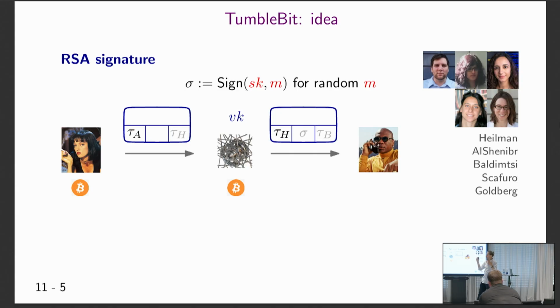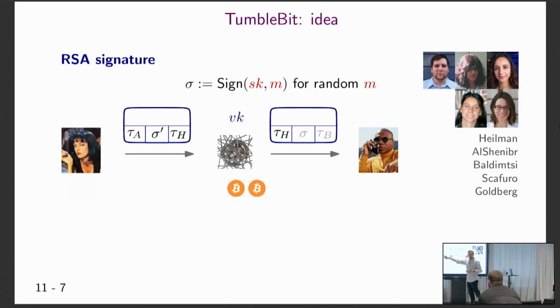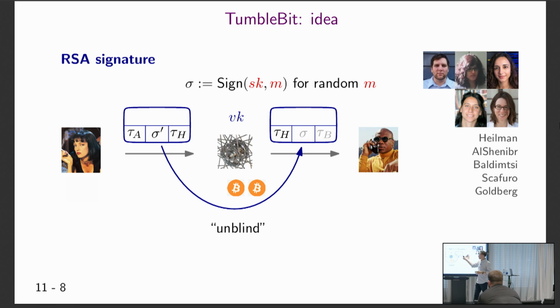But now we can use the fact that you can blindly do RSA signatures. So what she can do is encode the condition that if ever the hub gives her a blinded signature, it can take the money. That's the overall idea, because if the hub takes the money, the hub gives her a blinded signature, she can unblind the signature, give it to Bob, and now Bob can take the money. Right? So because you can blind and unblind signatures, you can break the link between these two transactions, but still have the same functionality that Bob can take the money if and only if the hub takes the money.